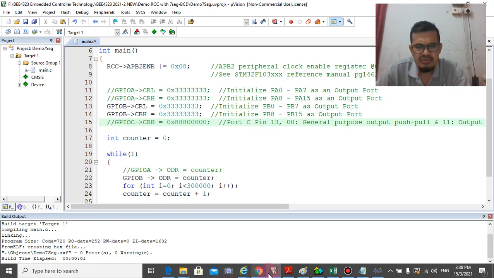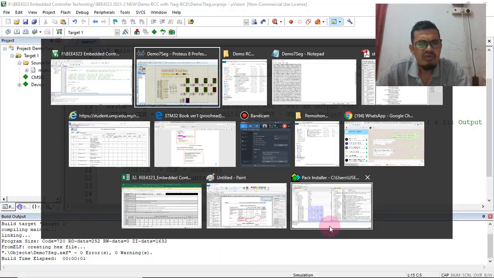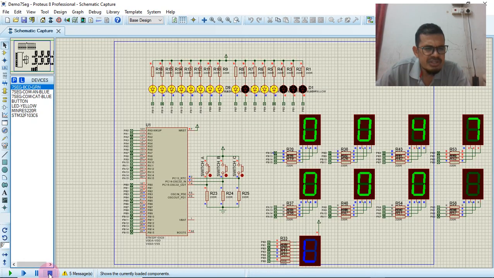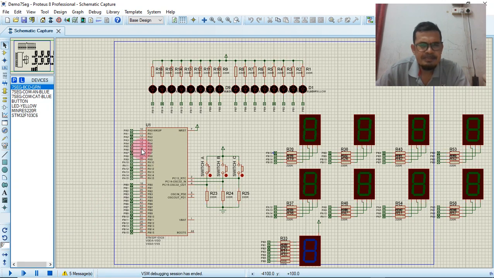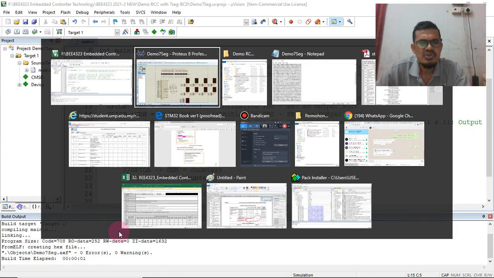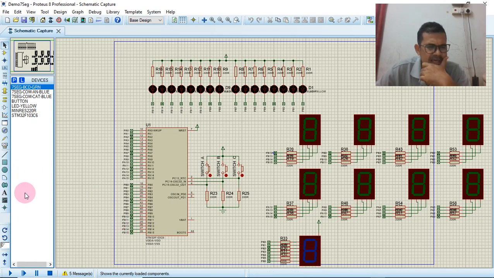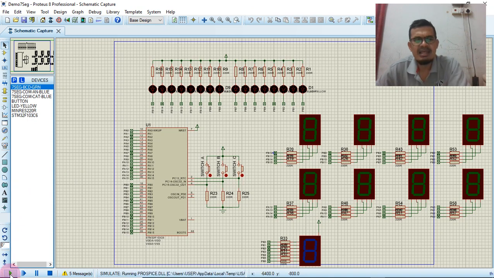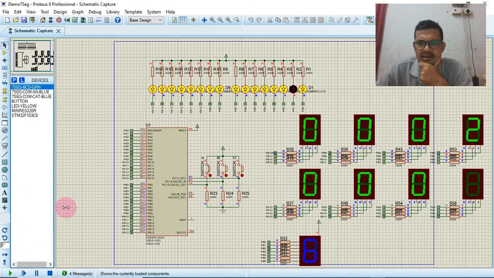It's better to stop your simulation first to avoid the software crashing again. Stop the simulation, rebuild the file, 0 errors, so we can rerun again. So this part of the circuit, port C, is now disabled.